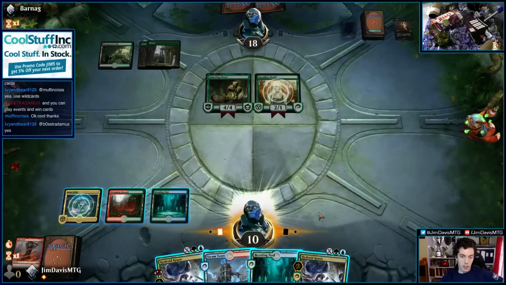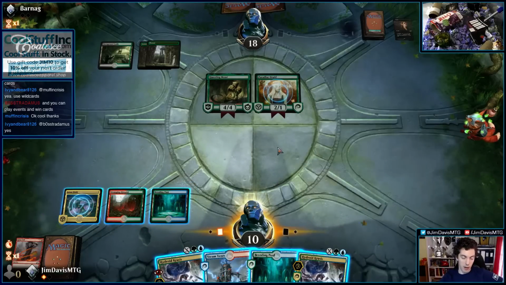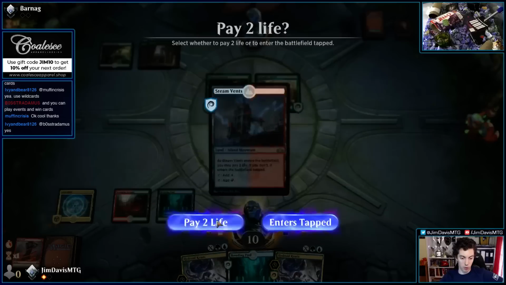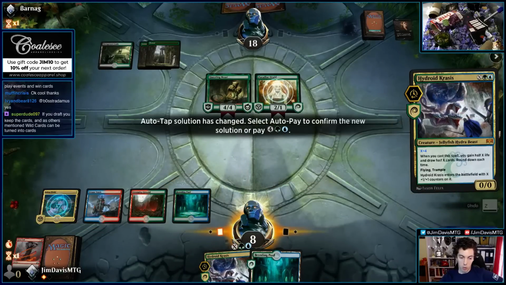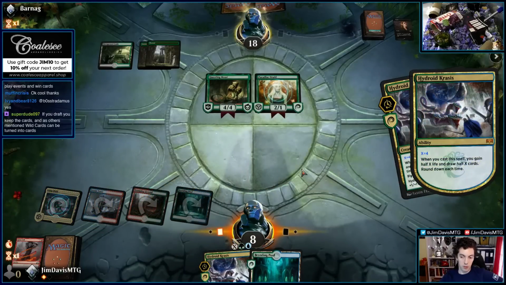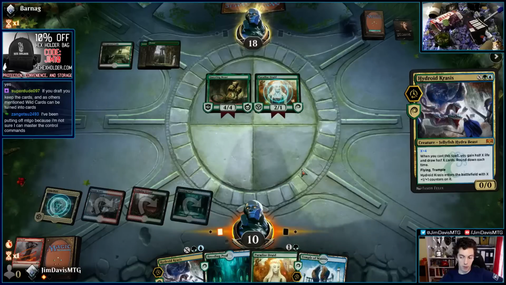So, okay, well, thankfully we have more Krasis, so... This feels like a Murderous Rider. They left their Paradise Druid up. I would say they 100% have Murderous Rider here. But we're going to start grinding. We're going to draw 2 cards. You gain some life. Paradise Druid, Temple, not great, but...